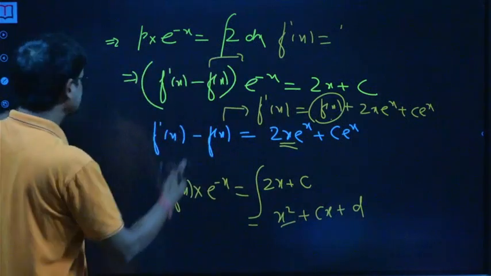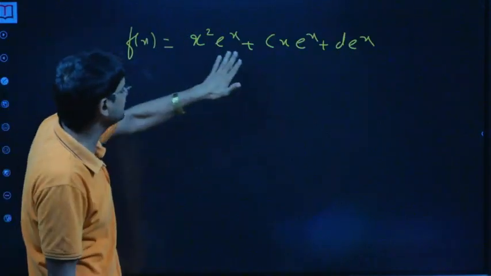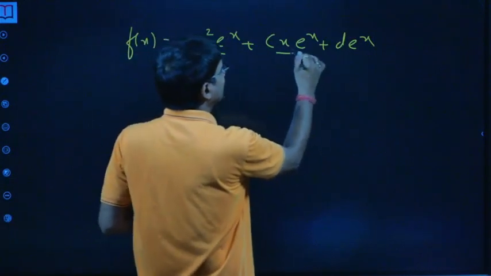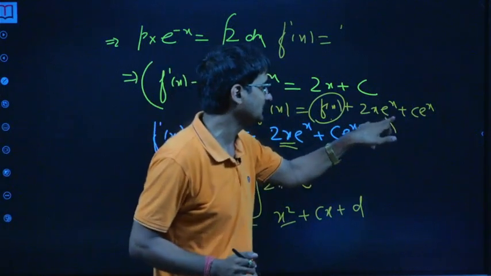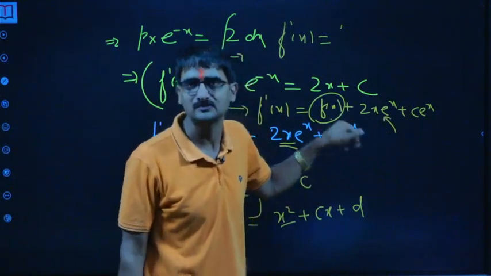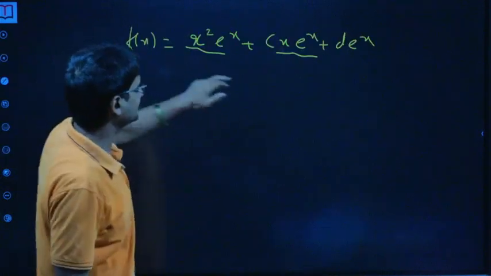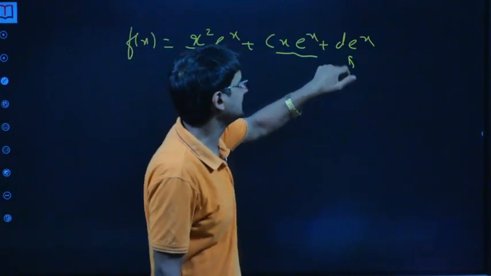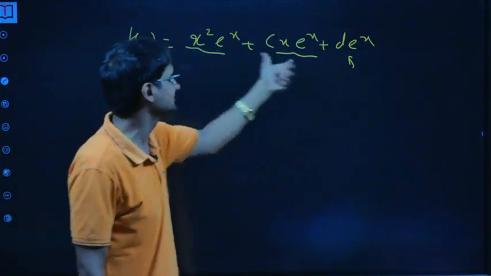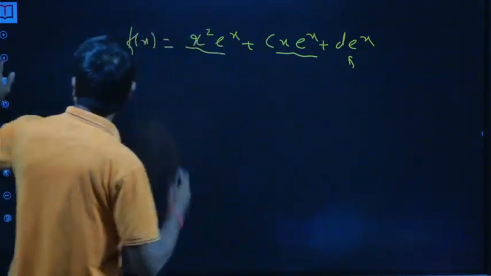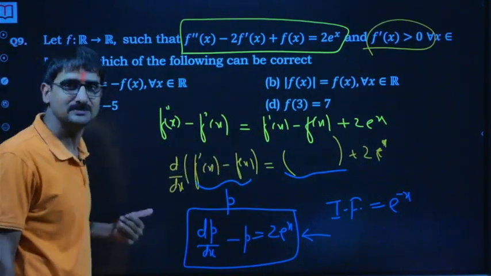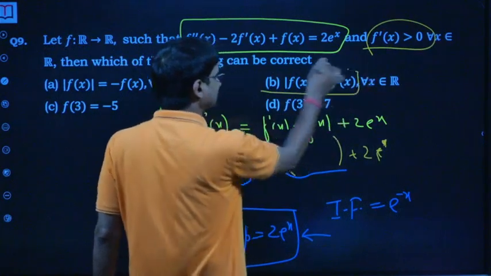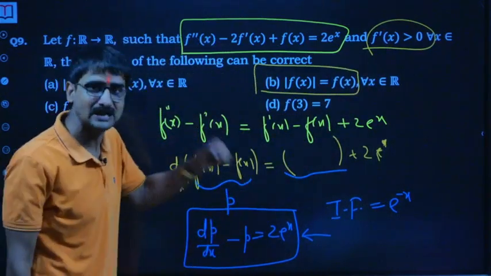Okay, so first thing, and moreover this term, x into e raised to power x, is always positive. Of course, if this has to be always positive, I will say that this should be positive. So from there we can conclude that c and d have to be such that these terms have to be positive. Okay, so the option is that following can be correct. So I think mod of fx is equal to fx is the option which can be correct.